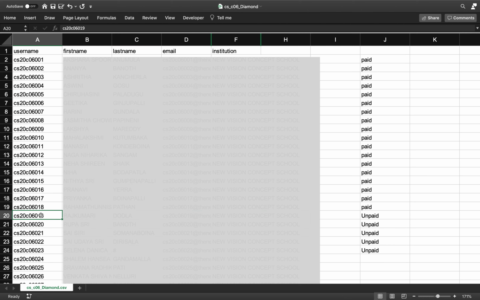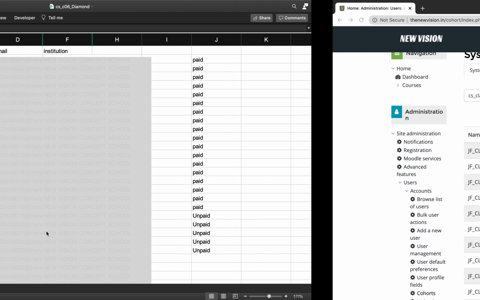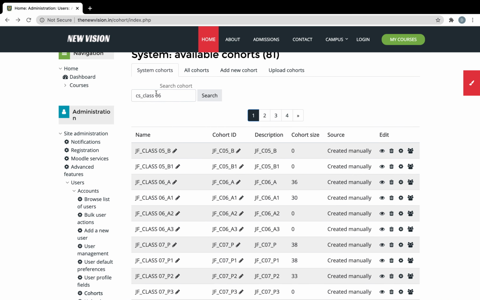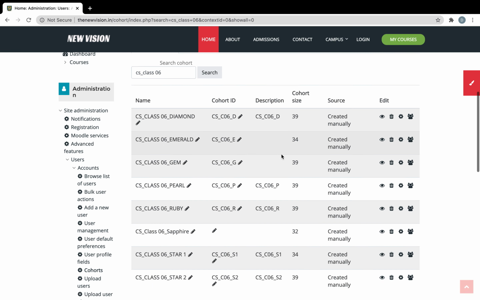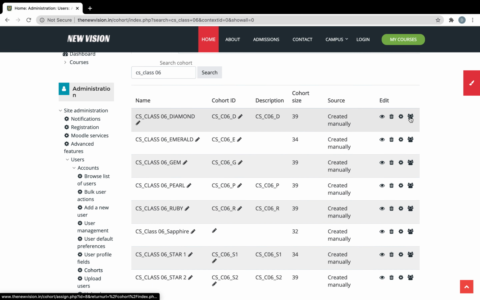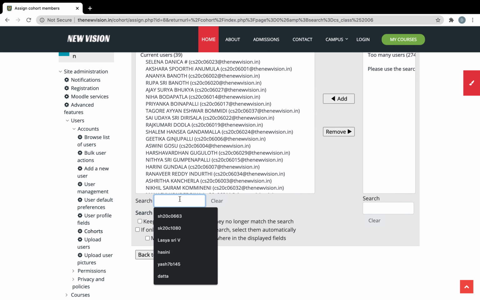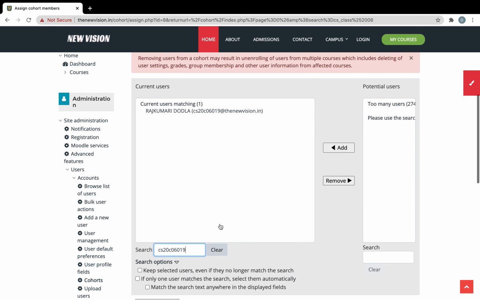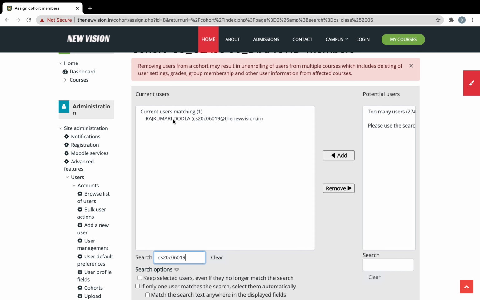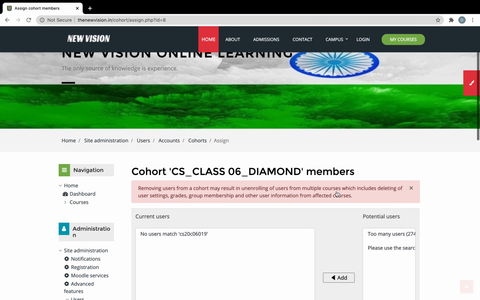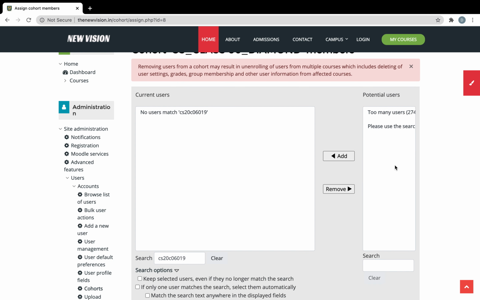Copy this username, CS2006019, and in class 6, if he is a diamond section student, you should paste the value here. So you can see Rajkumari Dodla. You can click on remove. So now that student will not get any courses.